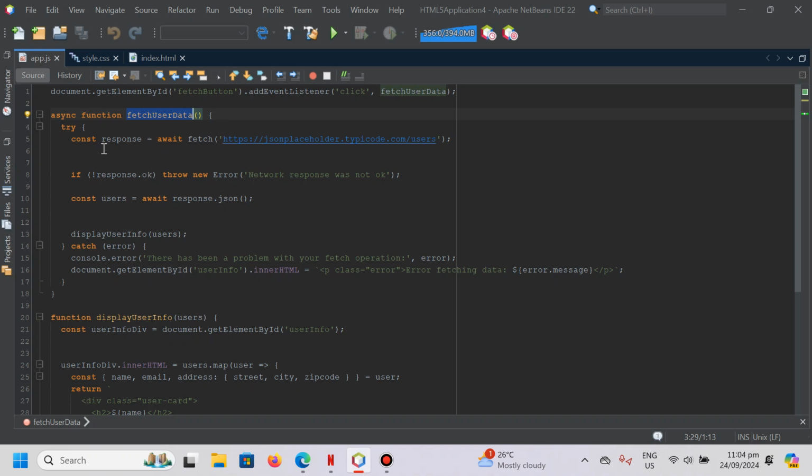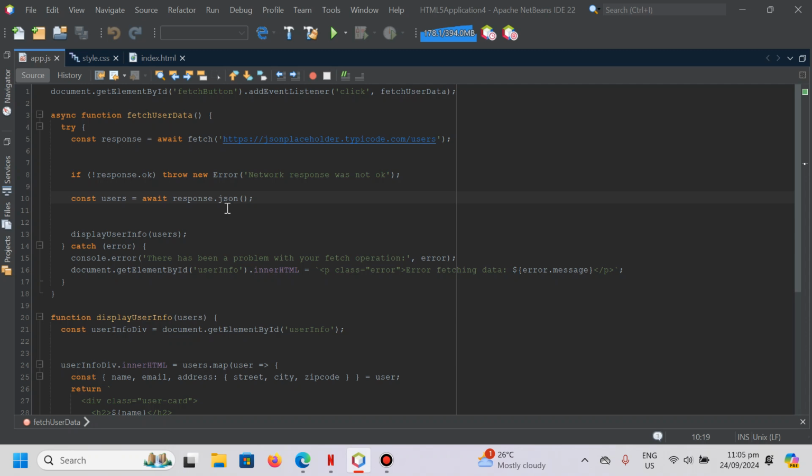Instead, await fetch the API, and if the response is okay, it will fetch the API user data. If not, network response was not okay.